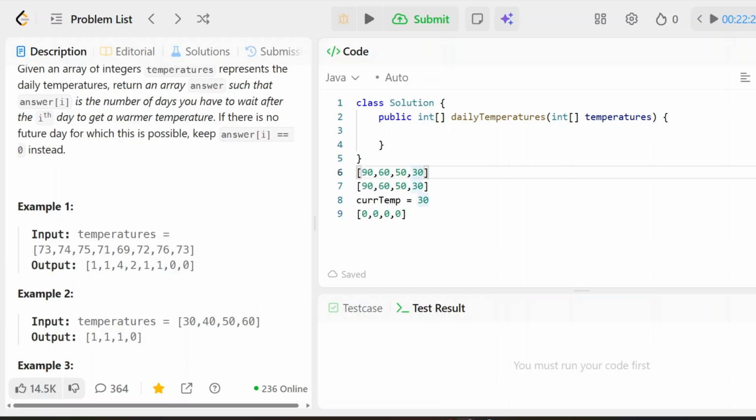So let's say now we end up adding a 100. Let me make it clear for you guys. Waiting room. Okay, let's say now we get a warmer day. As soon as we get the warmer day, 100, it is going to check with the coldest day in the waiting area, which is 30. Then since 100 is warmer than 30,